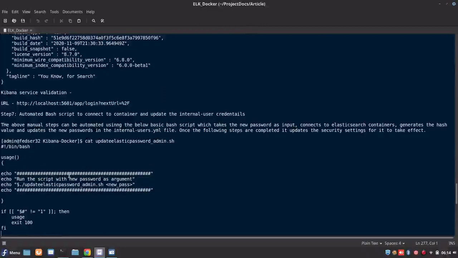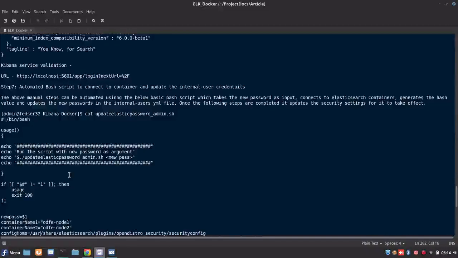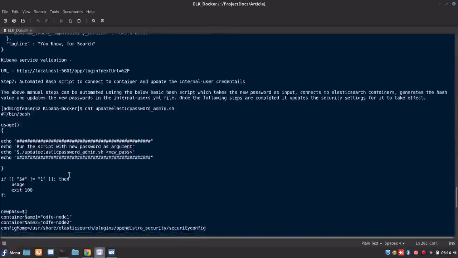So that is the manual step I have provided, showing how you can connect to the cluster and update the password.